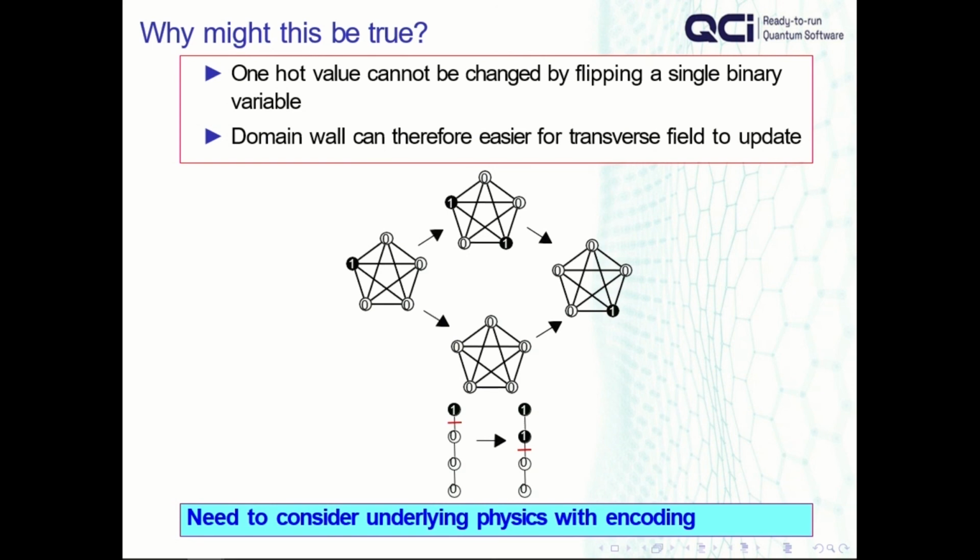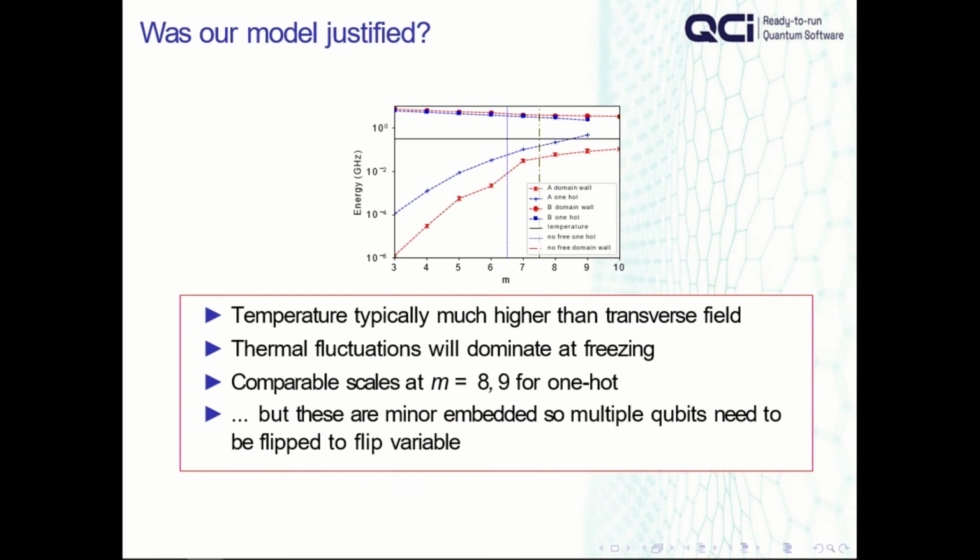So the domain wall encoding, I didn't really explain how this works before. What you do is you have a ferromagnetic spin chain, meaning all the variables want to be the same. You constrain the two ends. You can either break the constraints at the end or break a constraint in the middle. It involves one fewer qubit. And crucially, when you flip one of these, you only have to flip a single binary variable. And so the underlying physics makes the dynamics more efficient.